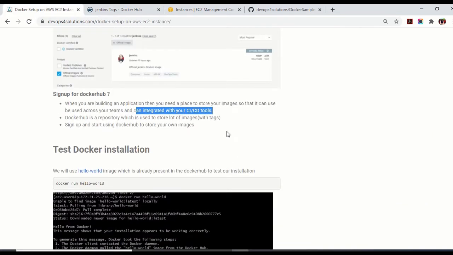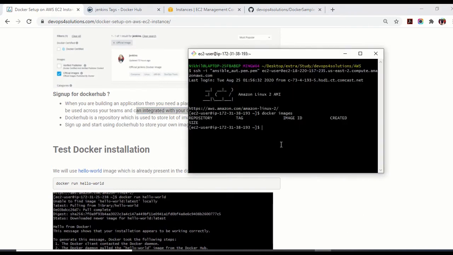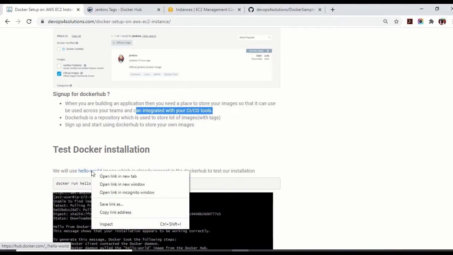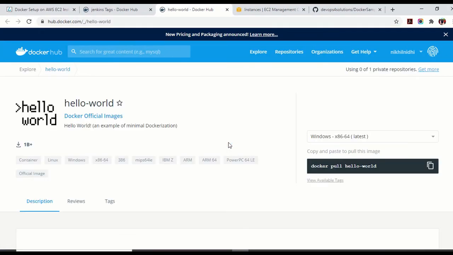Now we understood this. Now we'll see how we can test our Docker installation. We installed Docker, it is running, no issues. Now we will see how we can test the installation. We will use the Hello World image. This Hello World image is also provided by Docker Hub just to test your installation.